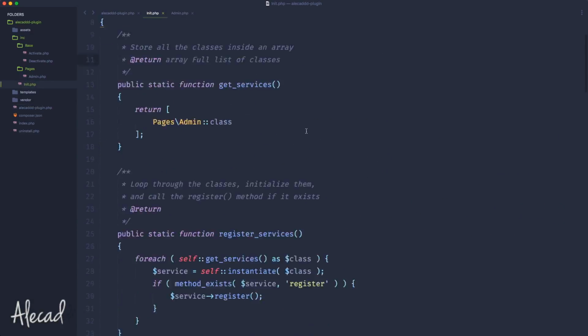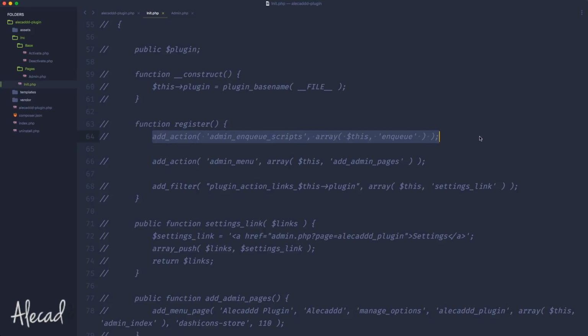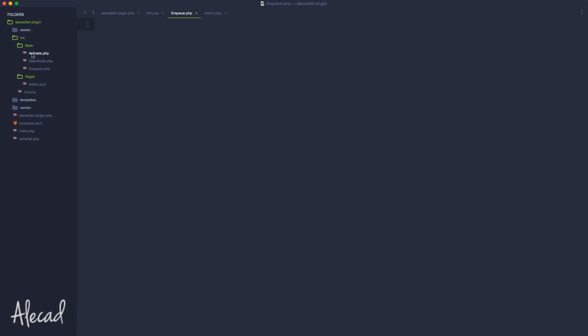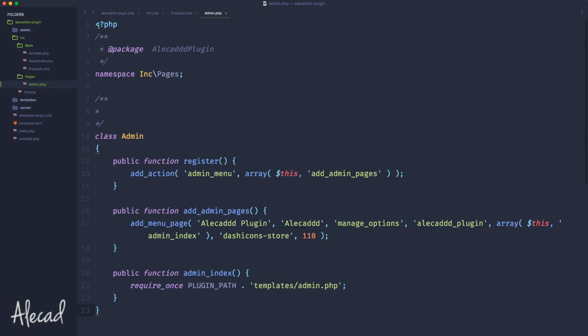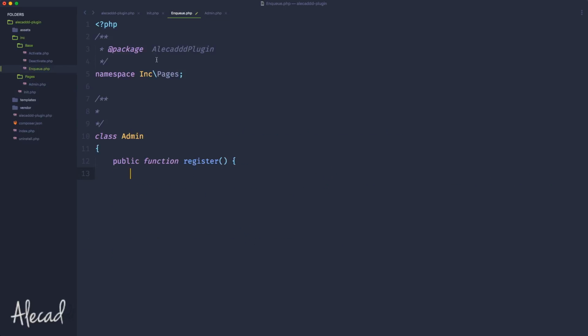So super quickly now, if I want to do the other thing that I was doing before, enqueuing the scripts, I can simply create inside the base folder a new file called enqueue.php, and inside here, let me copy admin.php and the register. Yes, let's copy this entire class. I'm super lazy, so this is inc base and the class is Enqueue, and the register method, that's perfect. And here we can close the class, and in the register method I want to